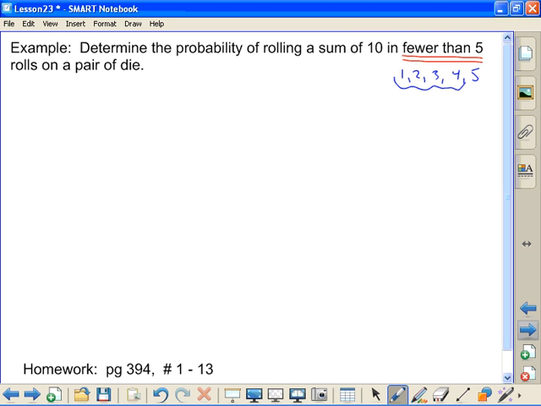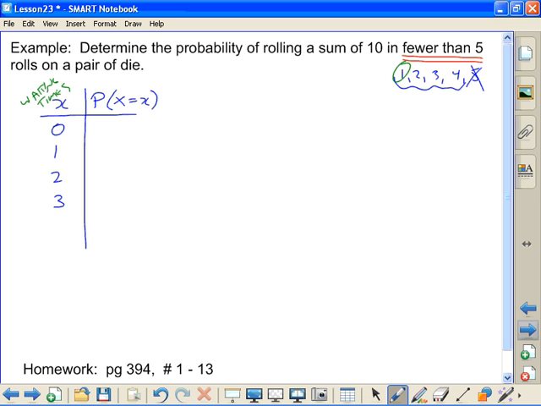So we quickly set up our chart. Again, it's going to be waiting times for our x value. And here is our independent random variable, the resulting probability. If I want to do it on my first roll, I would have a 0 waiting time. Second roll would be 1 waiting time, 2, 3 rolls, and our fourth roll would be 3 waiting times. So fewer than 5 excludes 5 from the calculation. So I'm looking at 1 through 4 rolls, which means I'm looking at 0 through 3 in terms of our waiting